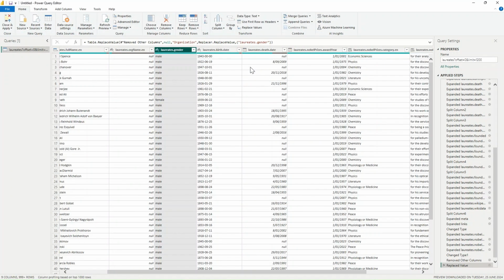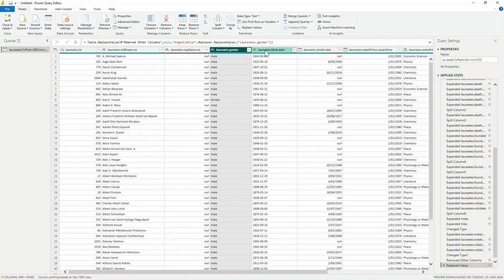Now another transformation that we need to do is convert death date and birth date into date values. Now in birth date, you will see that we have 0000 as a date value, and if I try to convert this right now into a date column, then Power BI will not allow me to do that because Power BI will not be able to understand what this 00 in month and 00 in date mean. So what we will do is again use replace.